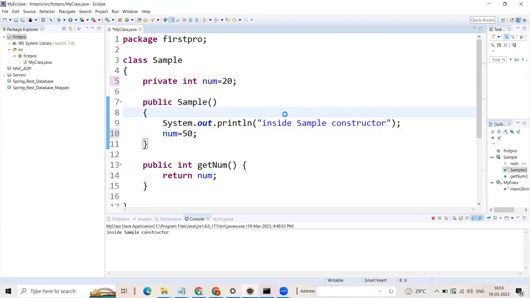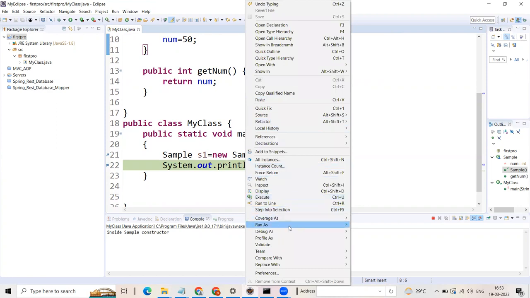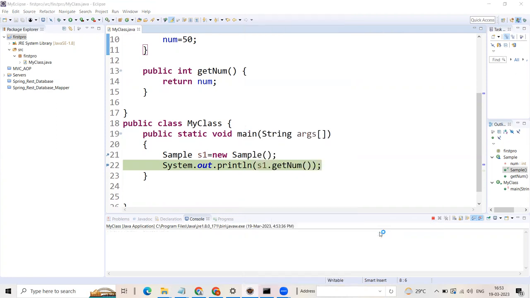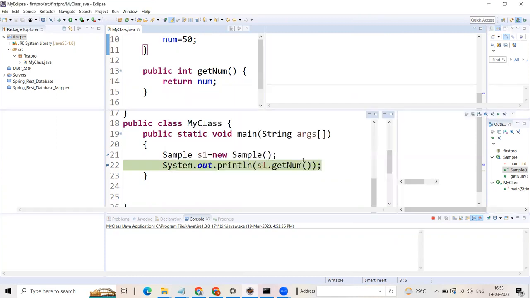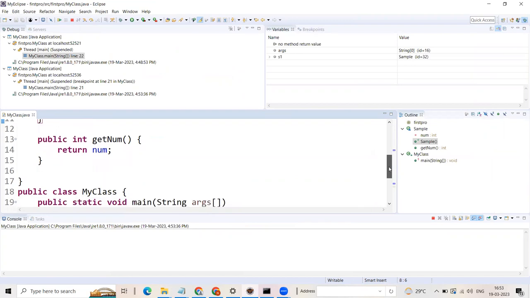Now let's observe. Once again, I will place the breakpoint here at SOP in the constructor and here at sample S1, right? And then I will say debug as Java application. Again, perspective needs to be changed. Now, when I debug that,